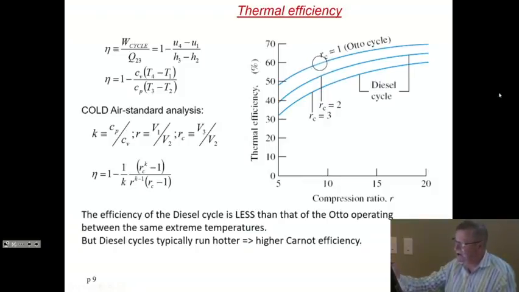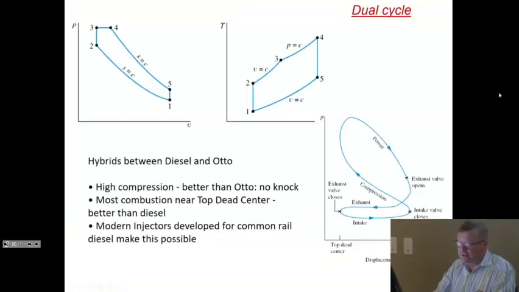You have to compare the Otto cycle here to the diesel cycle out here. The diesel cycle wins, but just because it runs hotter, and it has a higher Carnot efficiency. And it can run hotter because auto-ignition is avoided by the fact that you inject the fuel at top dead center instead of compressing the fuel with a compression stroke,